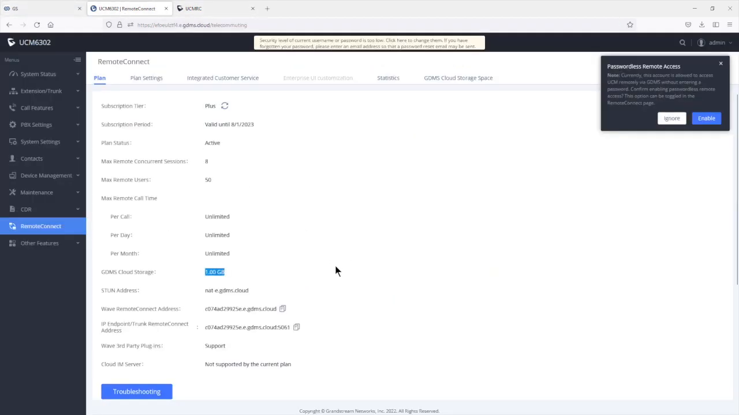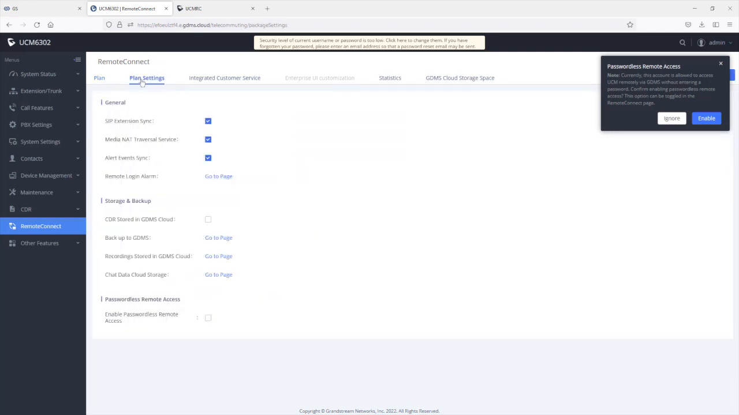Let me go back here. There's some information that we're going to need. Let me just copy that one because we're going to need that information when we configure a SIP endpoint to register to the UCM through UCMRC. This is the link that we're going to use for Grandstream Wave, and this is the link that will be used with SIP endpoint devices. I'm going to show you in a moment how to register Grandstream Wave and SIP endpoint to the UCM through UCMRC. When we go to the plan settings, there's this option which is SIP extension sync, which is enabled by